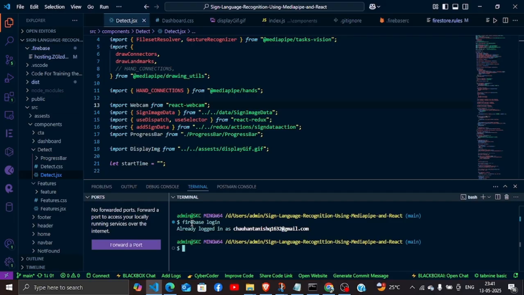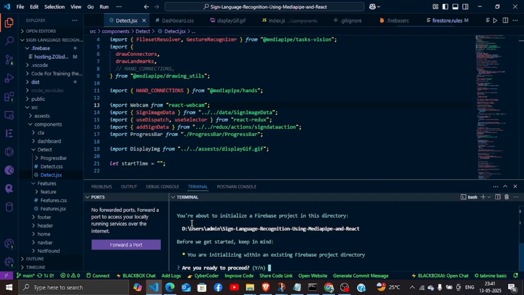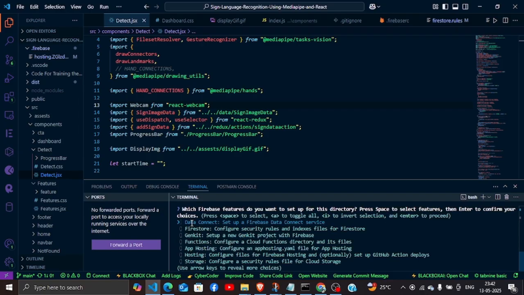Since I have already logged in to Firebase with my email ID, it is showing that I'm already logged in. Now we will go towards the command firebase init, which would give us all the proper properties that would be required for deploying a project on Firebase. Now you click on yes. Here Firebase gives us the choices of what things we require when we deploy the